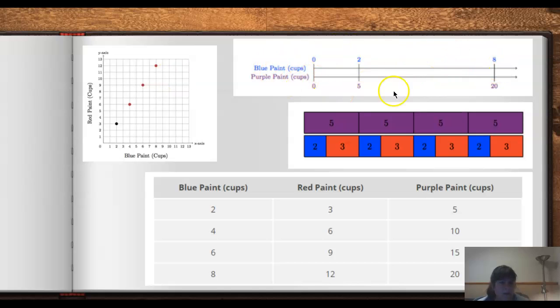Another way of taking care of it is just taking one of the paints, like blue paint, and comparing it to the total amount of paint produced, the purple paint. So notice we have, for every 2 cups of blue paint, we get 5 cups of purple paint, and we could keep working this out until we find that we have 8 cups of blue paint to 20 cups of purple paint, and then it's a simple subtraction. Could we also add another line here for how much red paint? Sure. Or we could group them by the boxes, which is what's demonstrated here, or we could use a table